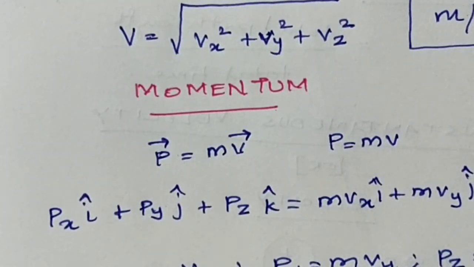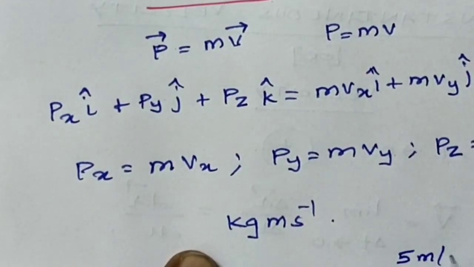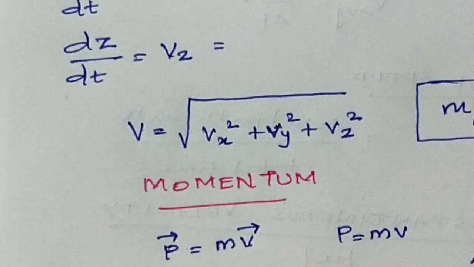Here is an example of momentum. Consider a butterfly and a stone both moving towards you with the same velocity, 5 meter per second. If both hit your body, the effect will not be the same. The effect depends not only on the velocity but also on the masses. The momentum of the stone is greater than the momentum of the butterfly.